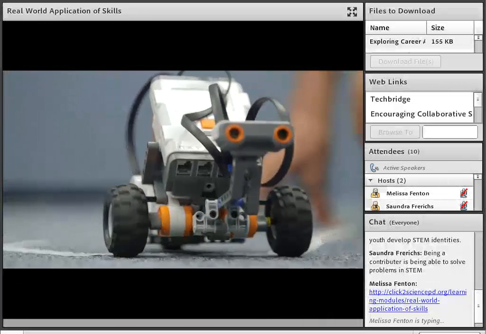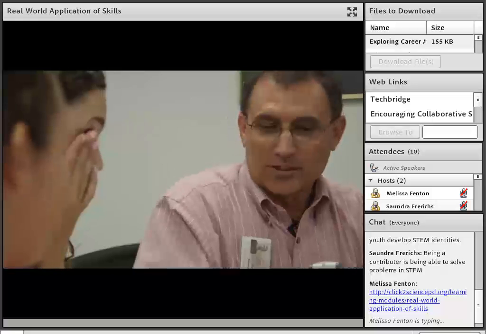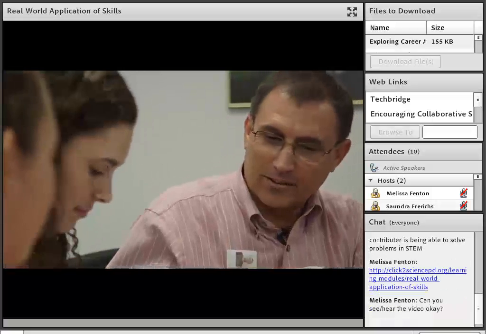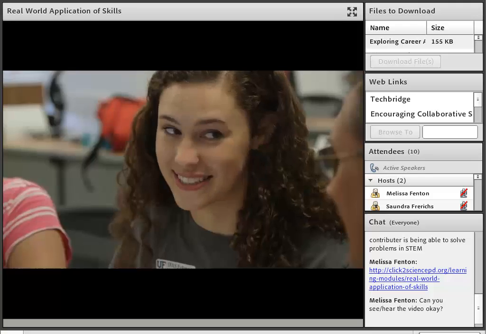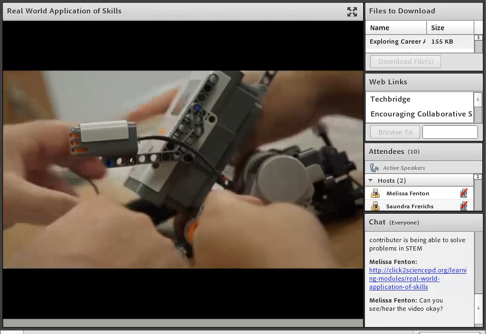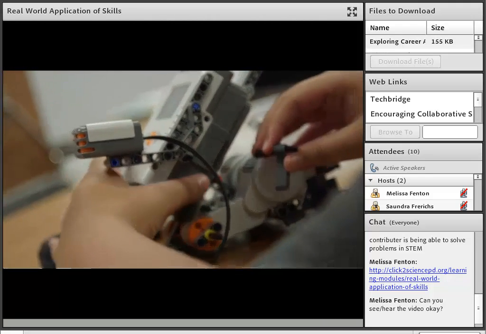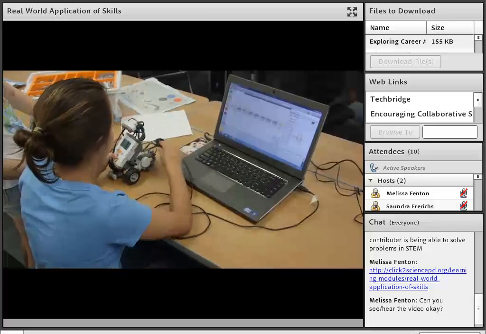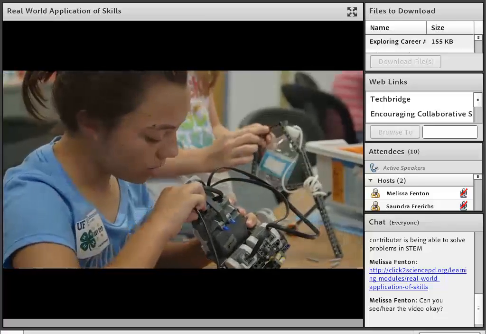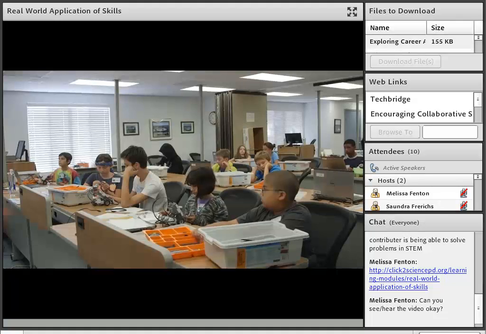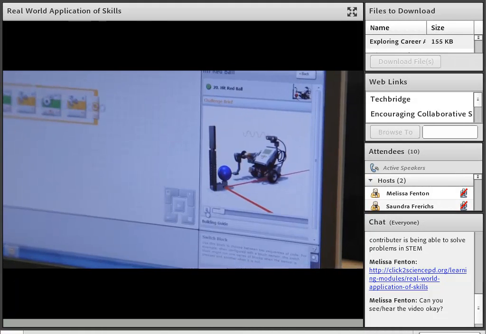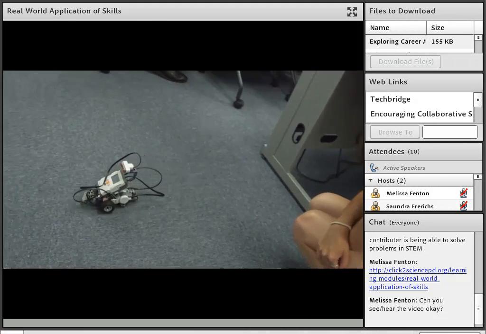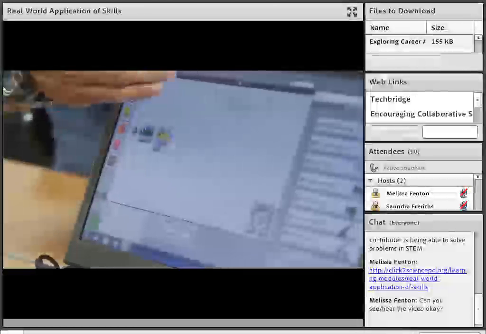Providing real-world application of the skills of an engineer is an important strategy when developing a STEM identity in youth. Watch as a volunteer engineer gives youth real-world engineering application of the project they are doing in robotics. Listen for the challenges he gives youth to think deeper and try to solve problems using redesign. Notice how he does not solve the problem for them, but lets them work through the project on their own.